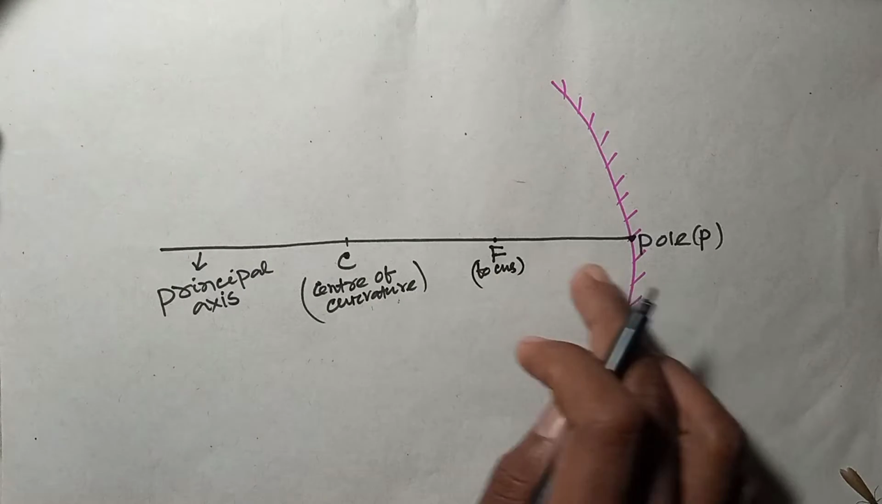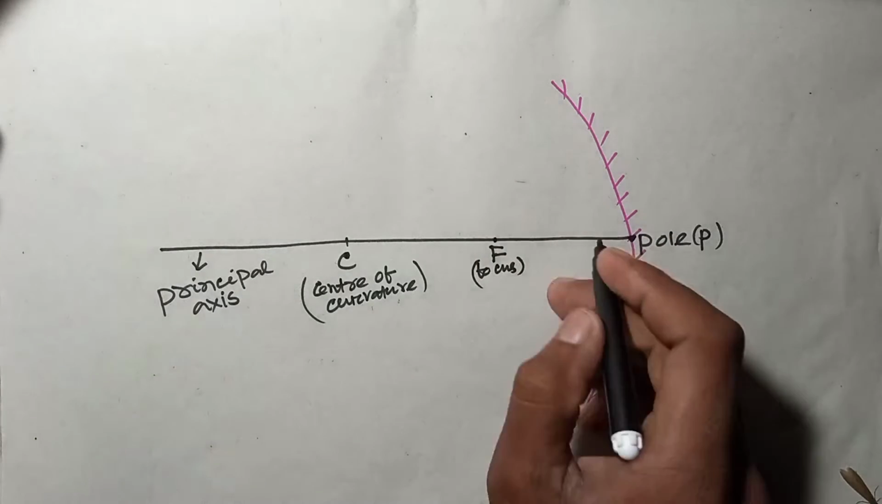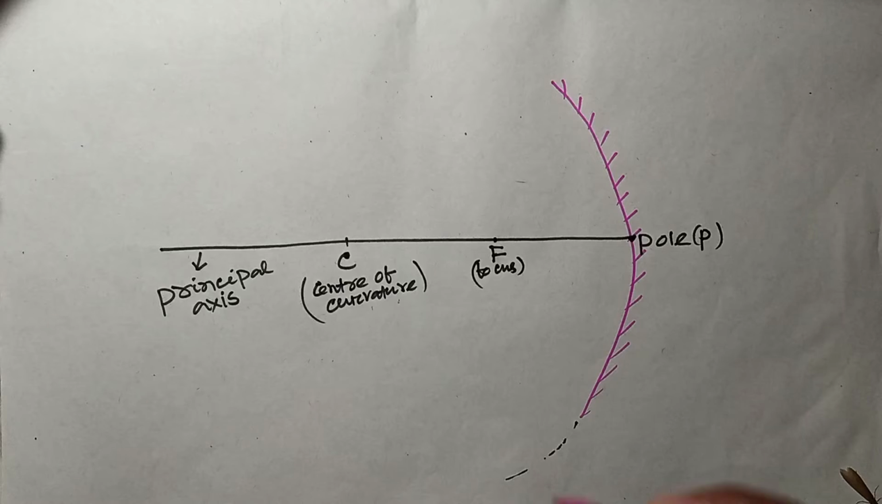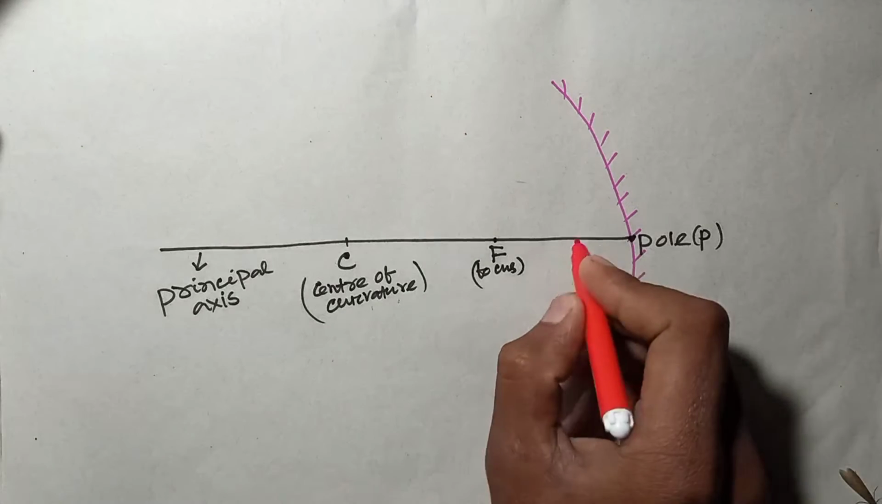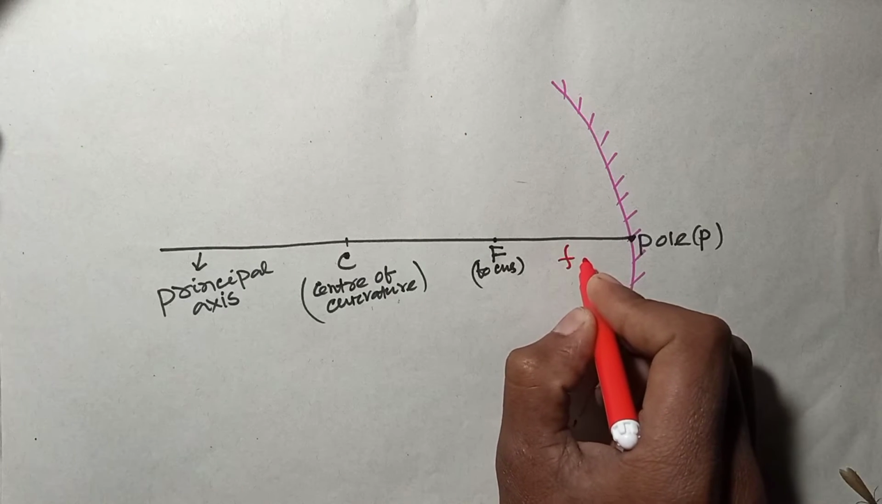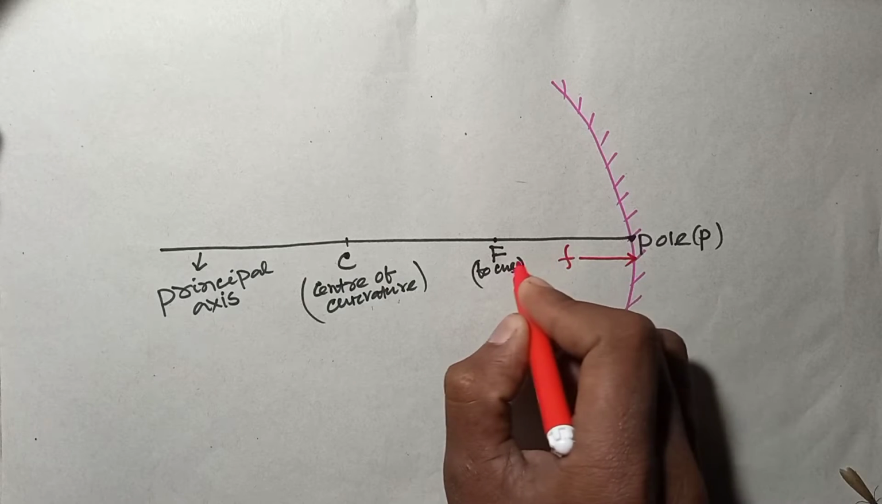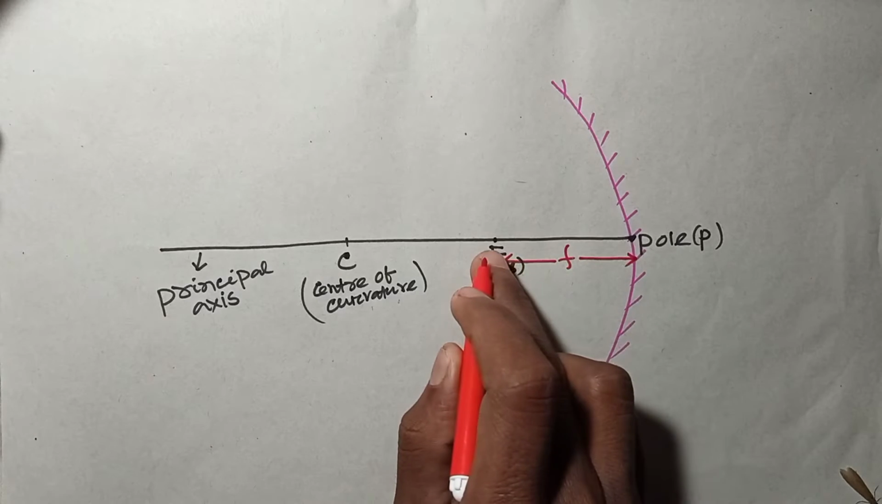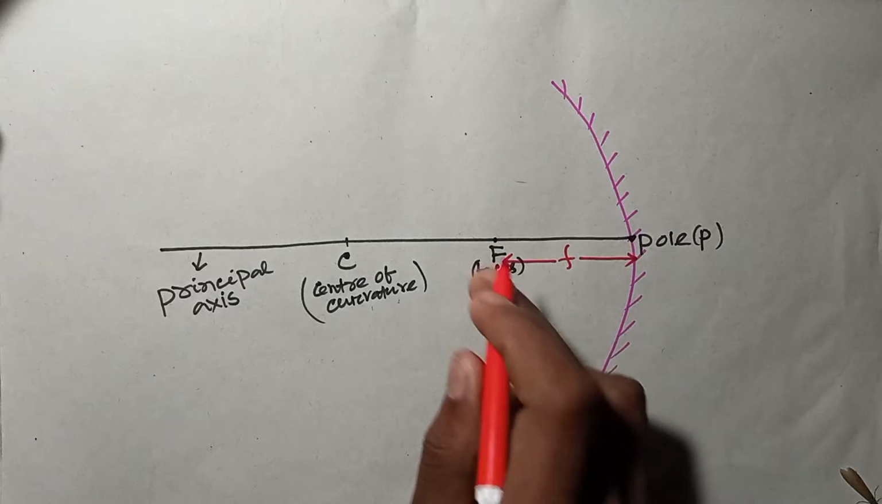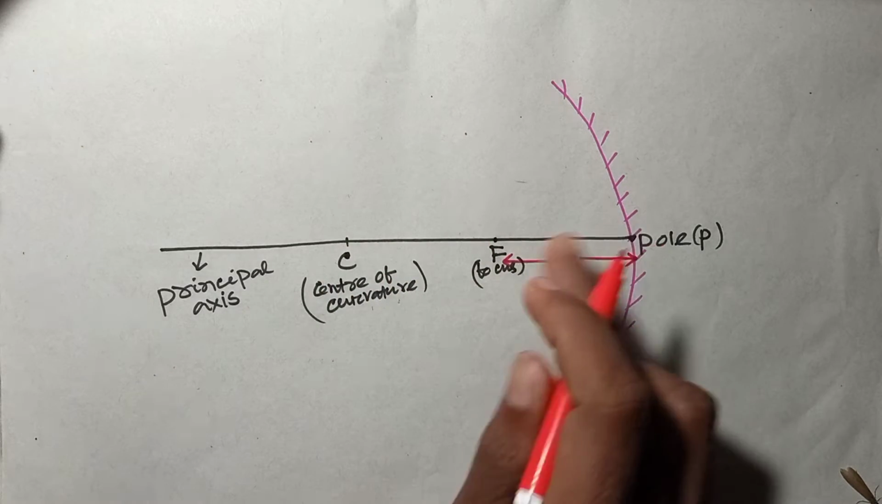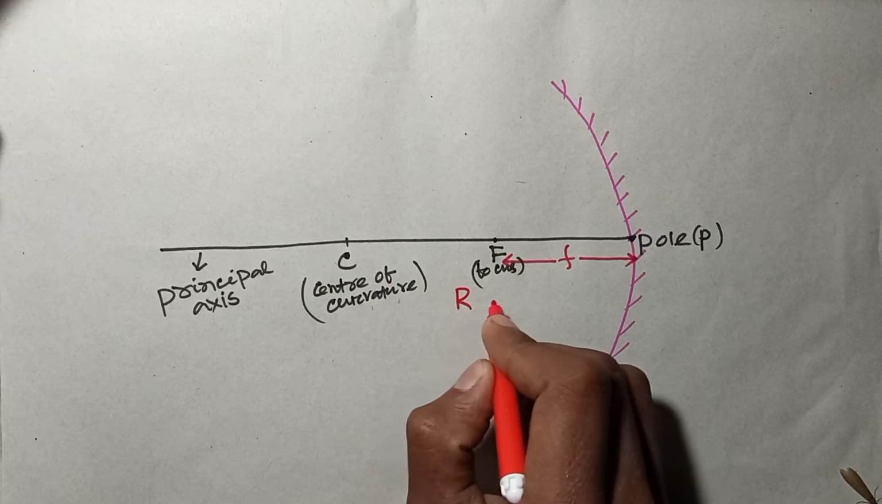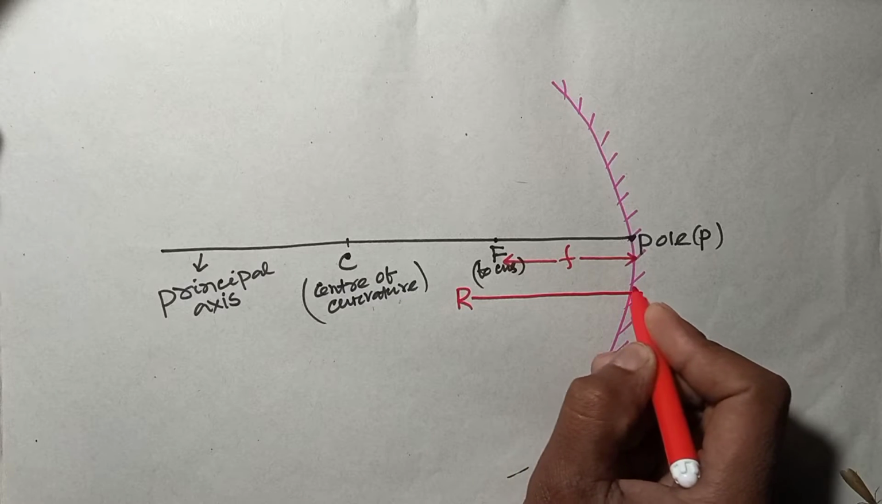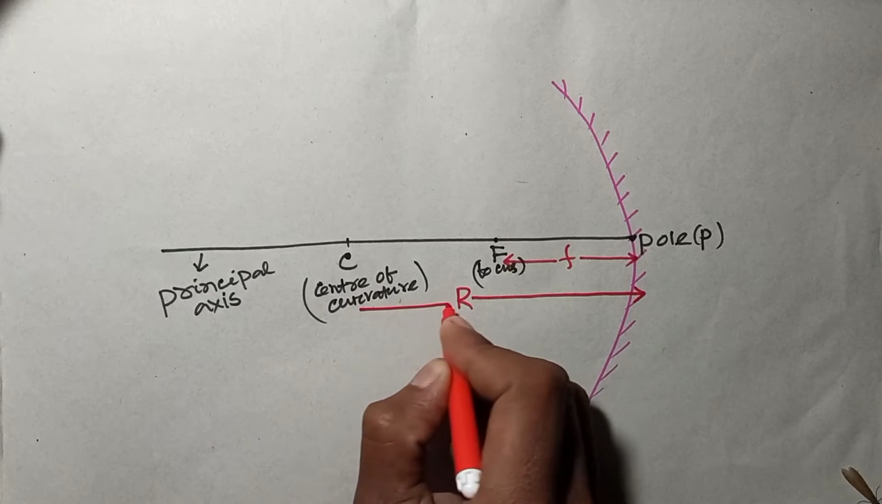Okay, the distance between focus and pole is known as your focal length, which is denoted by the letter small f. Okay, this is the distance between focus and pole. Okay, and the distance between center of curvature and pole is known as your radius of curvature, which is denoted by the letter capital R. Alright,